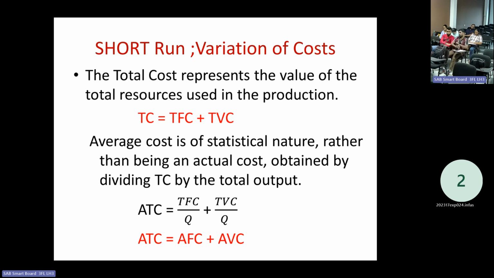Now how do we form the total cost in the short run? Since we have fixed and variable costs, total cost is total fixed cost plus total variable cost. So TC is the total cost, it's TFC plus TVC. Okay. Now if you draw the variable cost curve,